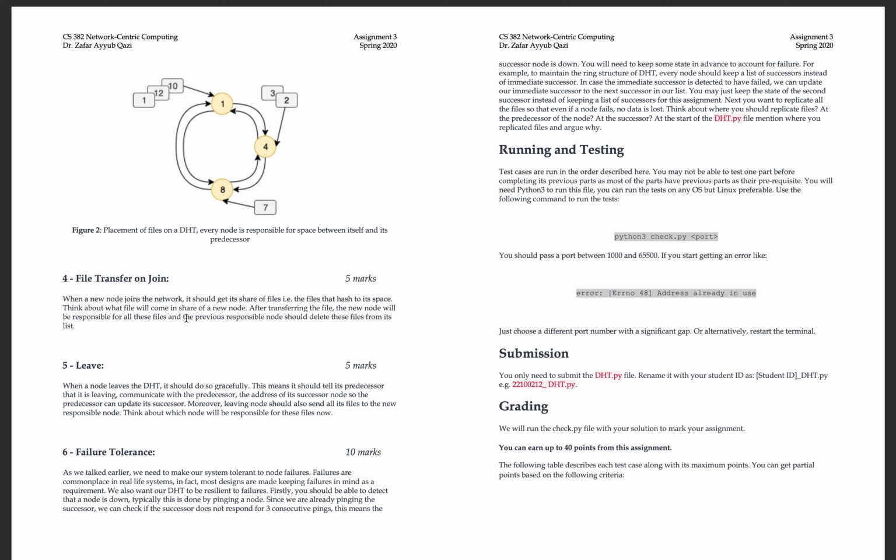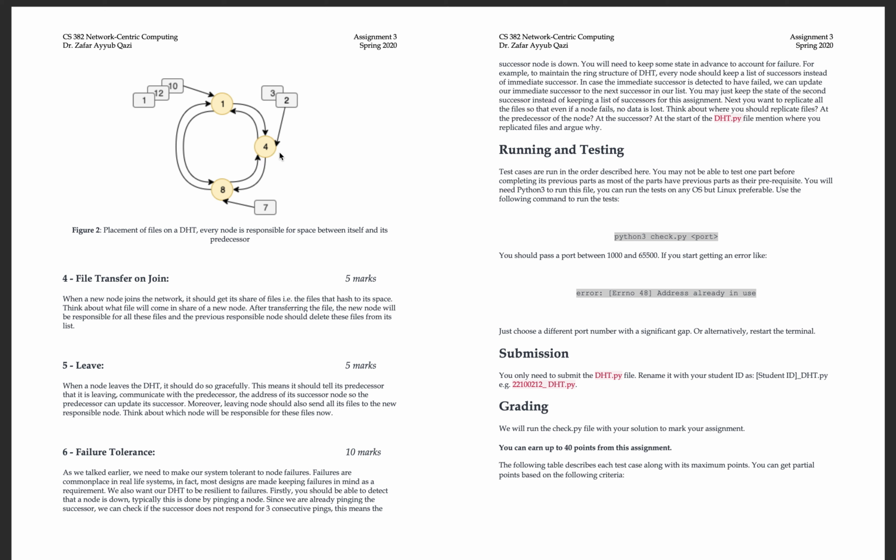So finally we have the failure tolerance part. As we know, failures are commonplace in real world systems, so we need to keep that in mind while we construct a distributed system. There are two things that you need to do here.